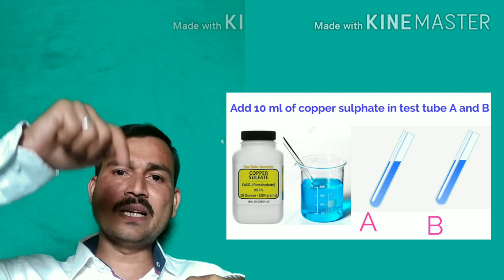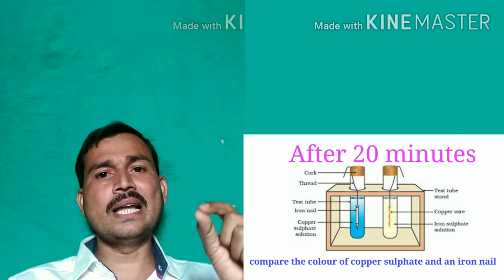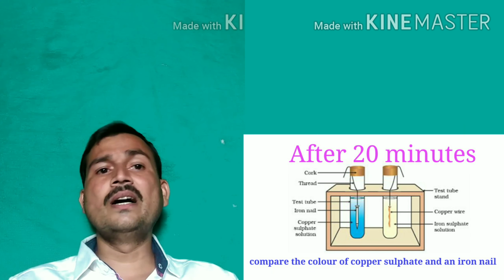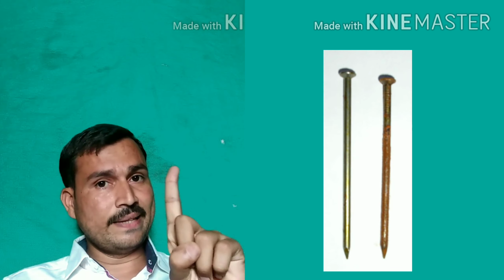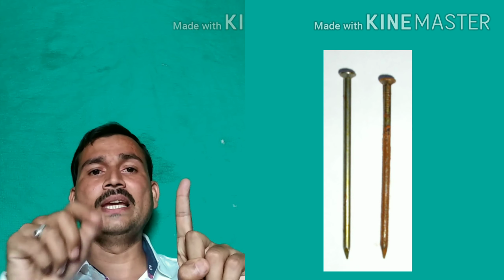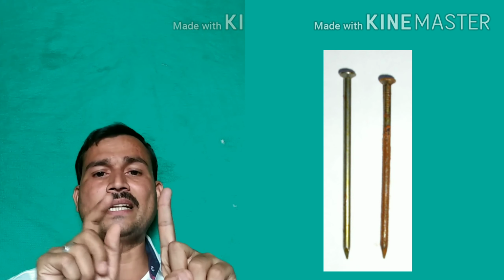After 20 minutes, let's observe the color of the copper sulfate in test tube B as well as the color of the iron nail. Then you come to know the color of the copper sulfate turns from blue to a faint color, that is light yellow. Take the iron nail we kept for comparison out of the 3, and the other immersed in test tube B, take both iron nails and compare them. The iron nail immersed in the copper sulfate in test tube B looks brownish. Exactly what happened in this activity is a displacement reaction.